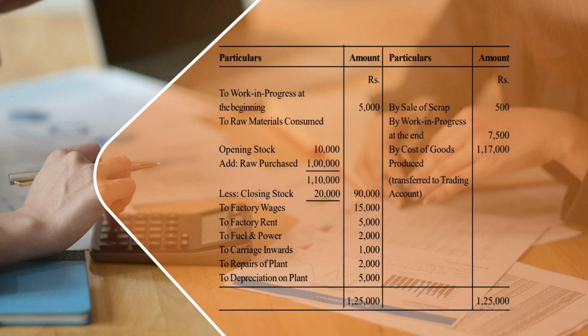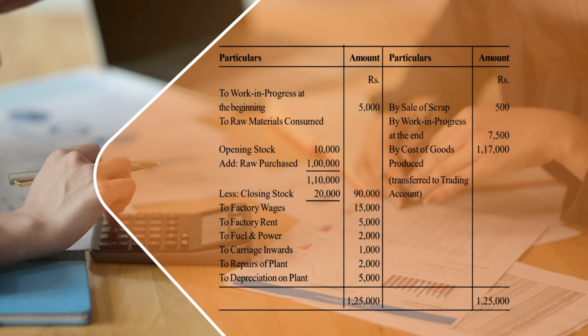So raw material: opening stock of raw material 10,000 plus purchases of raw material 1 lakh. So it is 1,10,000 minus closing stock of raw material, which is 20,000. So it is 90,000. Yes, it is 90,000. So you see that now by work in progress at the end,